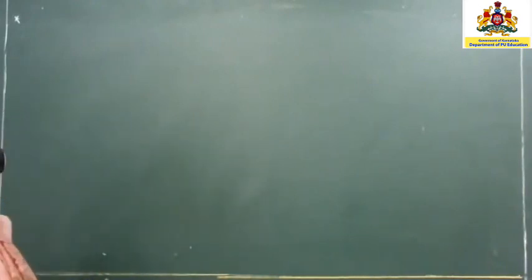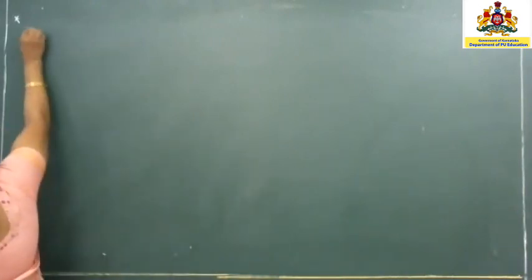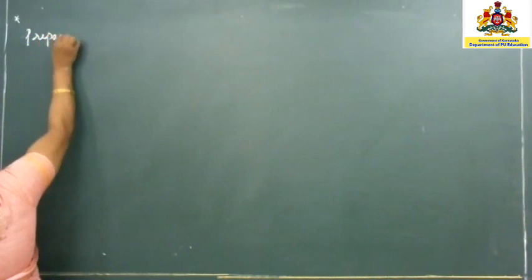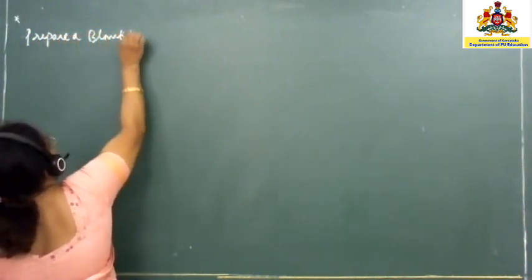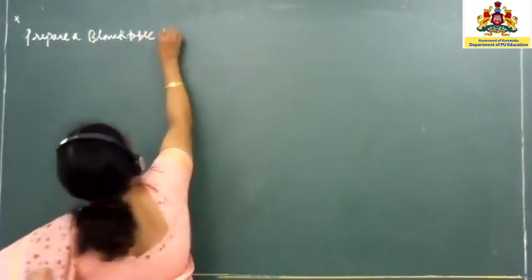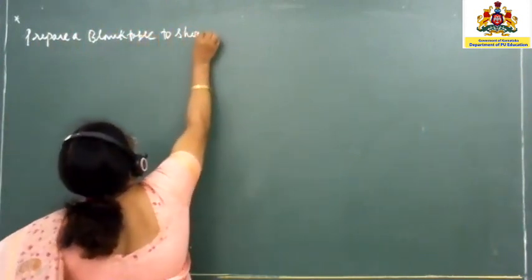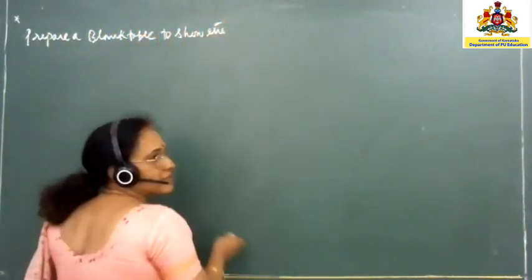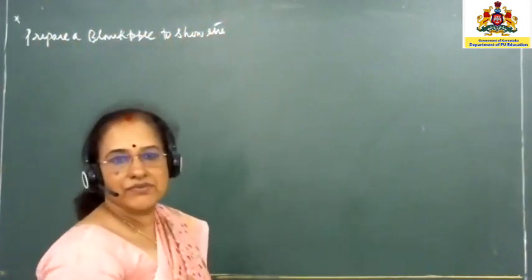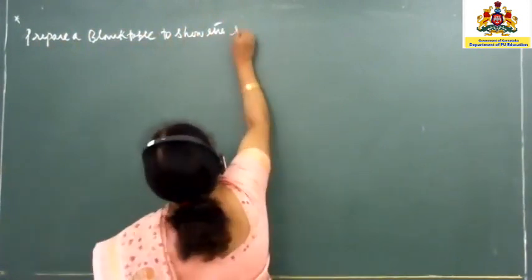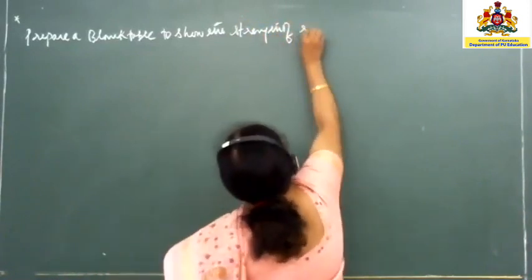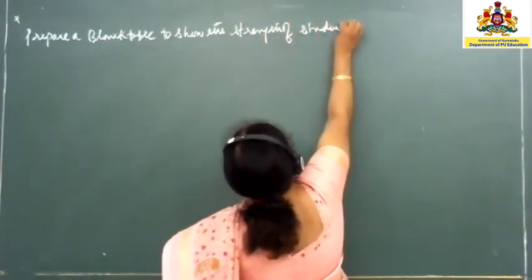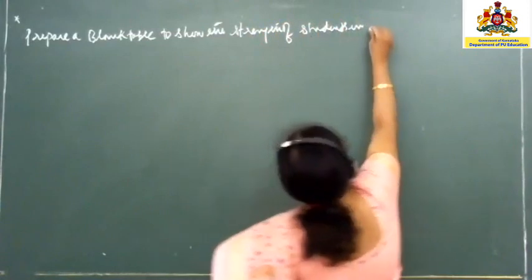It will be something like this: prepare a blank table to show the strength of students. So strength means what? Total number of students studying. The strength of students in a college